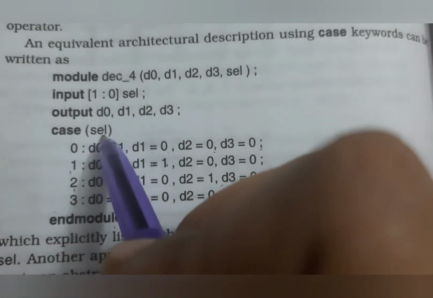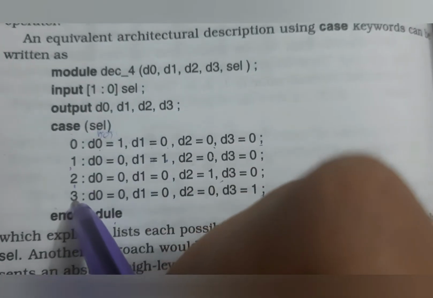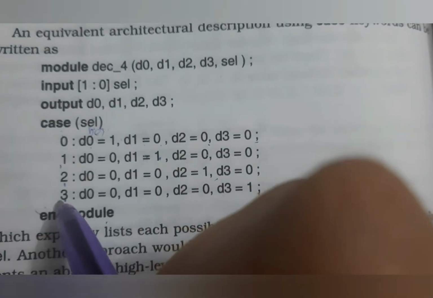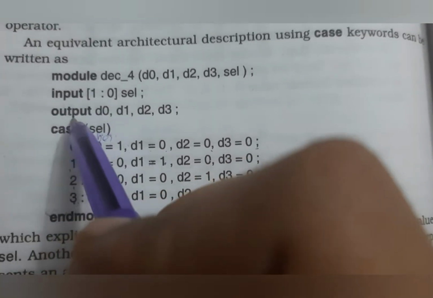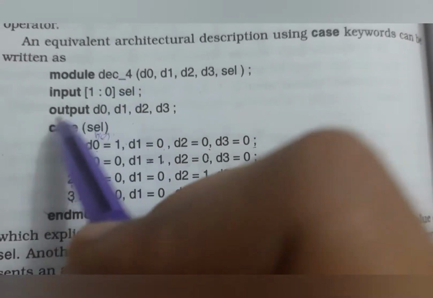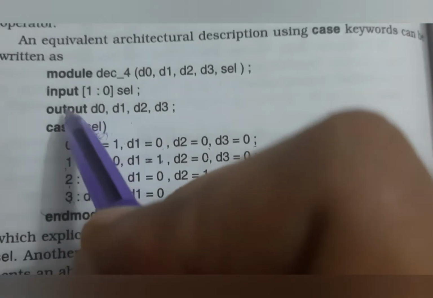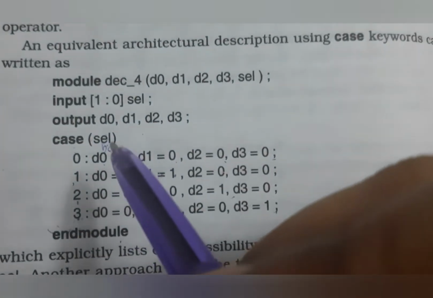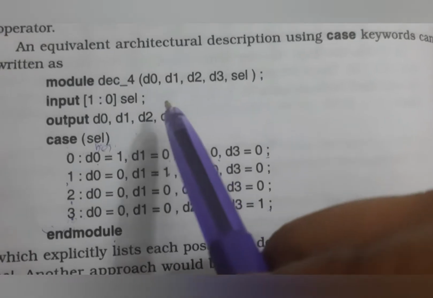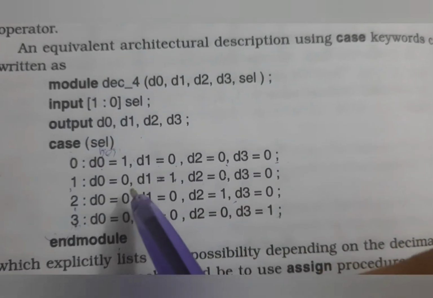I missed some points here. After the case statement we have to give begin, and we also have to end the case; before the end module we have to end the case. Also we have to give an always block here. If you want a clock, give always at the positive or negative clock edge, and only then will this case statement activate. This is the general method using a case statement, and this type of modeling is known as behavioral modeling.